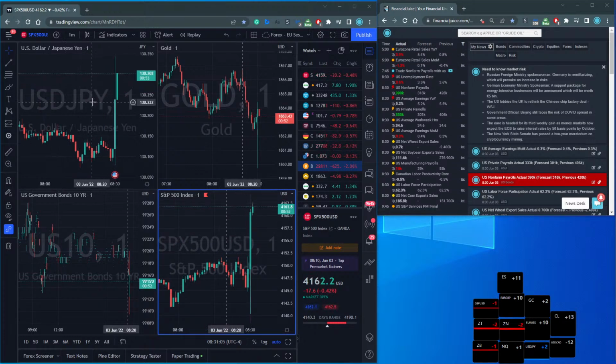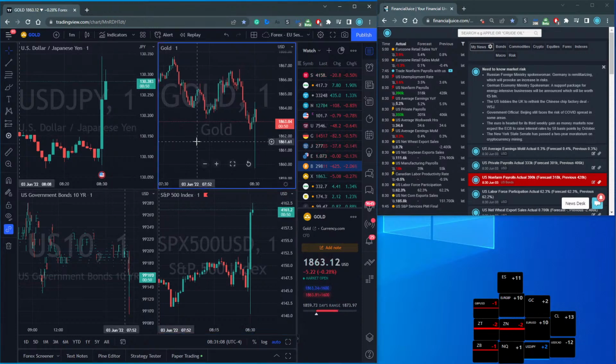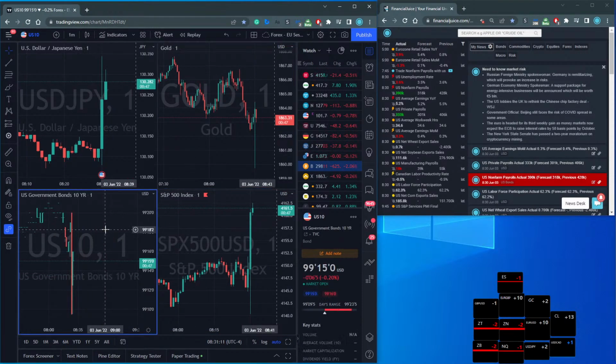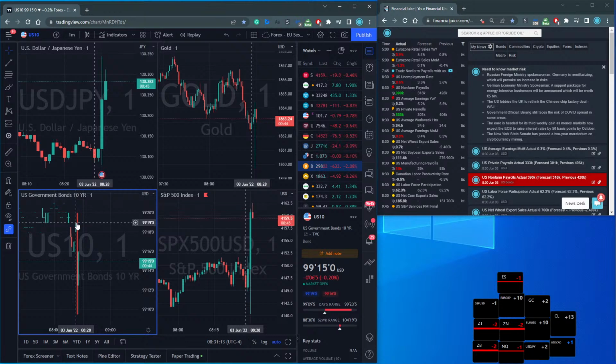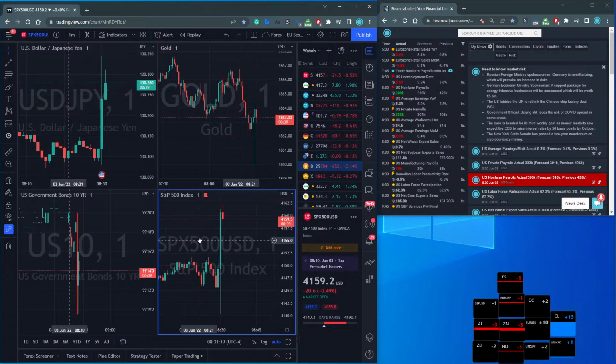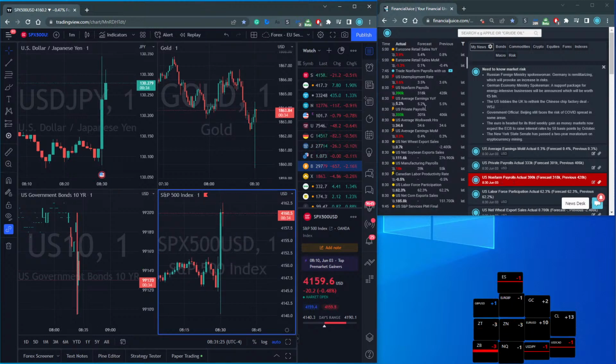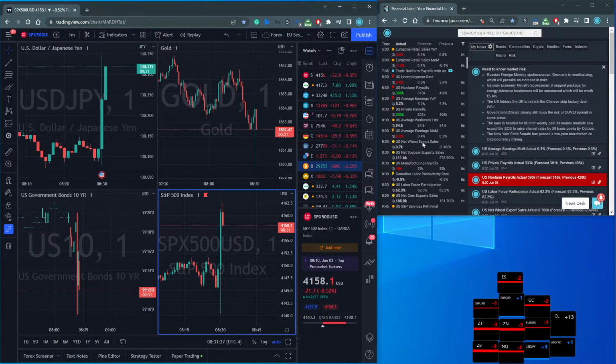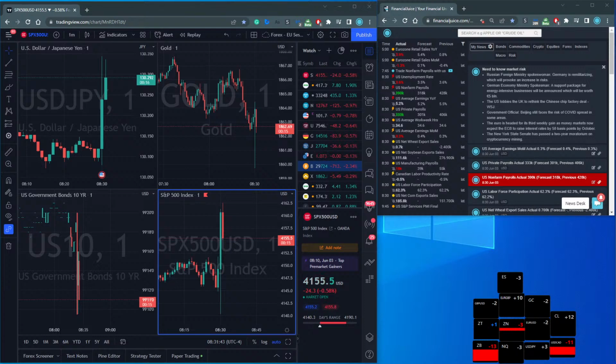All right, so the markets. The dollar yen is seeing an appreciation here. Bond prices have seen a depreciation, so that would in turn mean that the yield is higher. The S&P 500 is ticking higher as well. I think one of the reasons why that's ticking higher is, again, the average earnings, which was lower than the previous figure and in line with the forecast figure. Bring it up, where did my other stuff go? Bring it up.